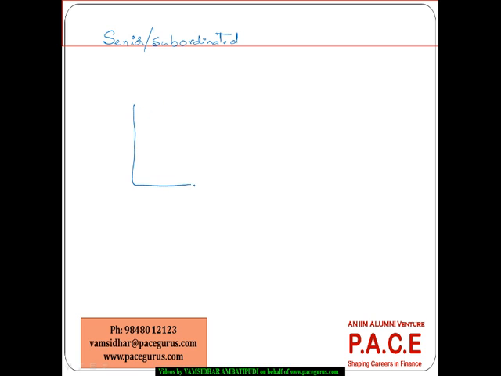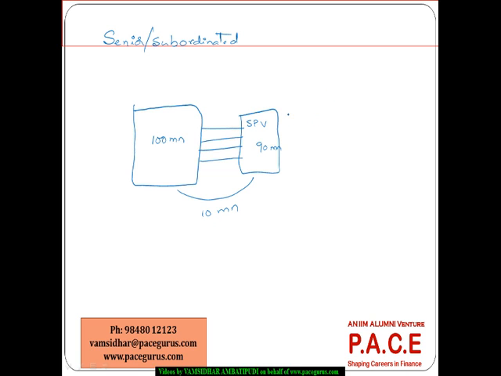So first of all, let's say the asset, the mortgage pool, is worth 100 million. This entire mortgage pool is purchased by the SPV, and the SPV has issued bonds, let's say to the extent of 90 million. Right, which means an over collateralization is being done to the extent of 10 million.